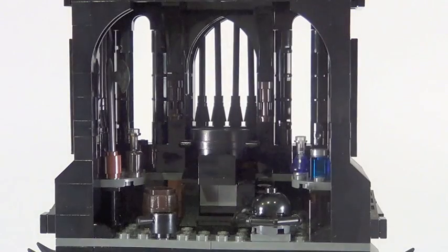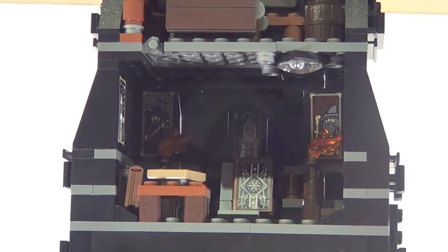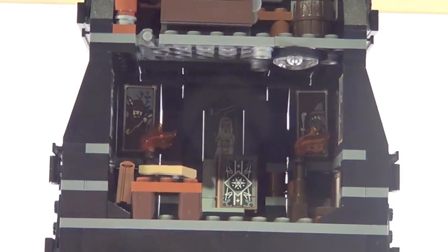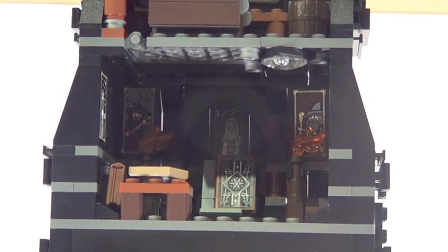A strange little room with small, weird accessories, but it's actually a very nice little design. The 5th floor is actually very interesting. There are some weird accessories and stickers in here. You can see at the very back there's a portrait of Saruman. Off to the side there's a portrait of Gandalf, and then there's a portrait of Radagast the Brown, which is